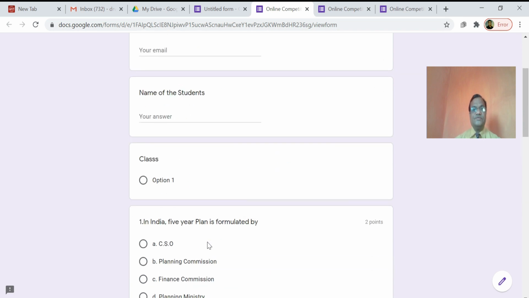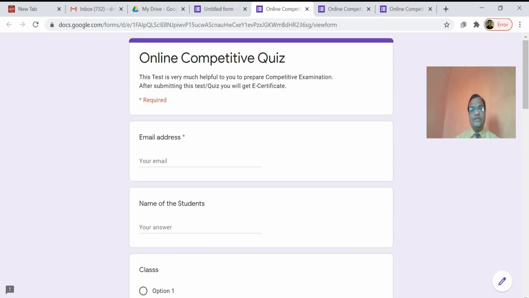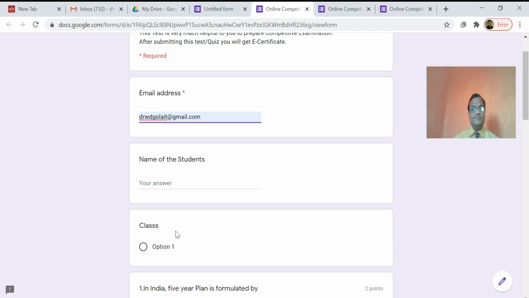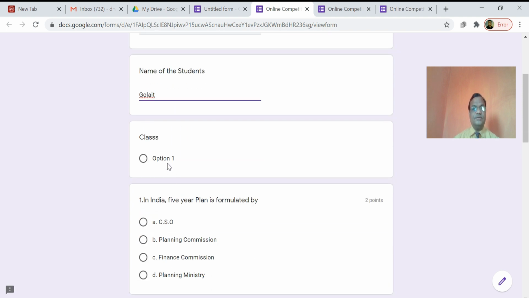Whenever the student solves it, you can see here how the result will be shown. So I just put my Gmail email address. Okay, class options.